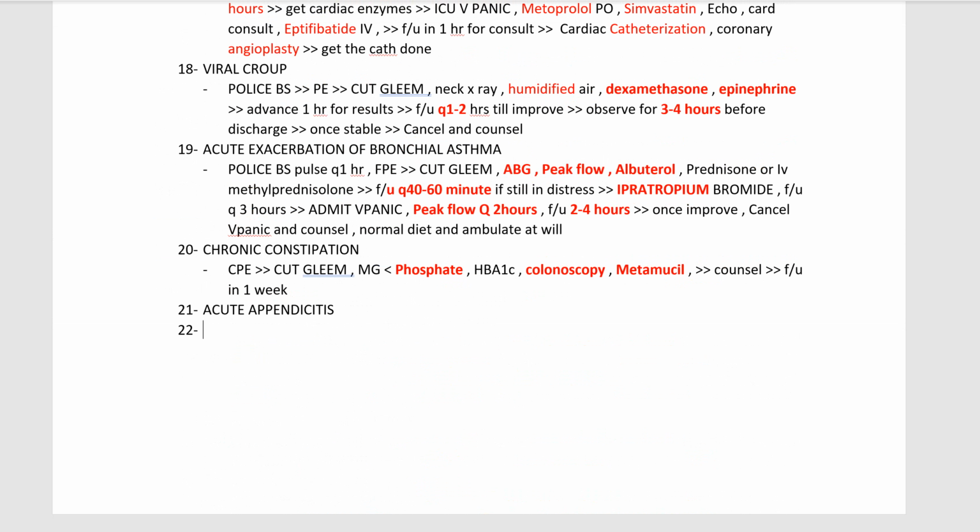Okay, now let's continue with the acute appendicitis case. This is still UWorld CCS. So for acute appendicitis, first you start with the focus physical and then you transfer to the emergency room. You do the police BS mnemonics, okay, IV fluid, and then you order the cut gleam,